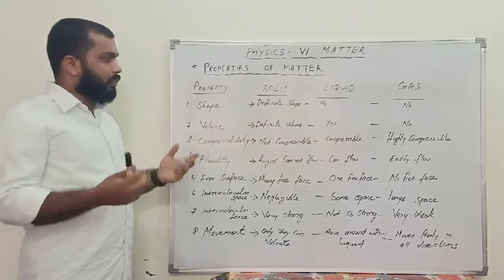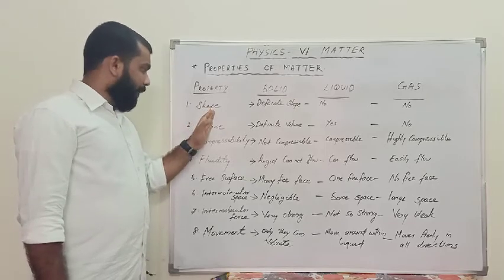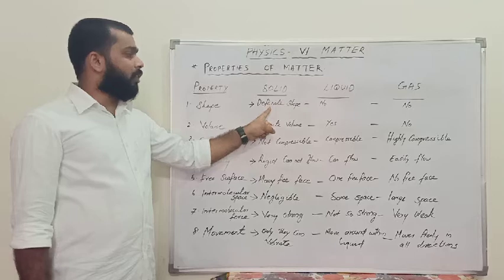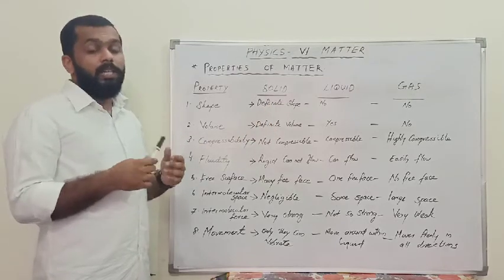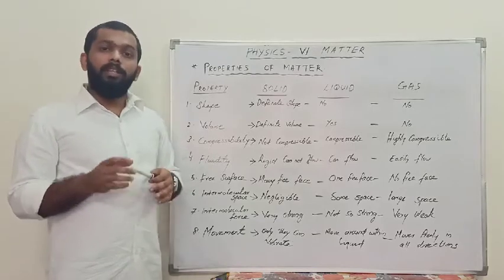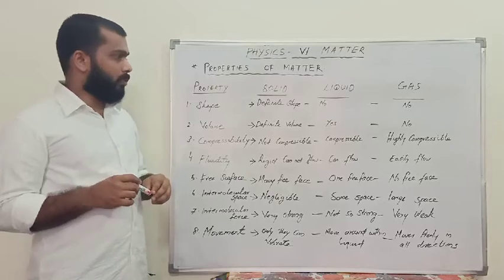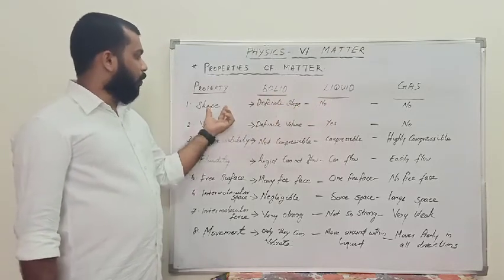We are just classifying this. The first one, shape. Solid has a definite shape. That means whatever solid material we have, there should be a shape for the solids. Then about liquid, if we are comparing shape,